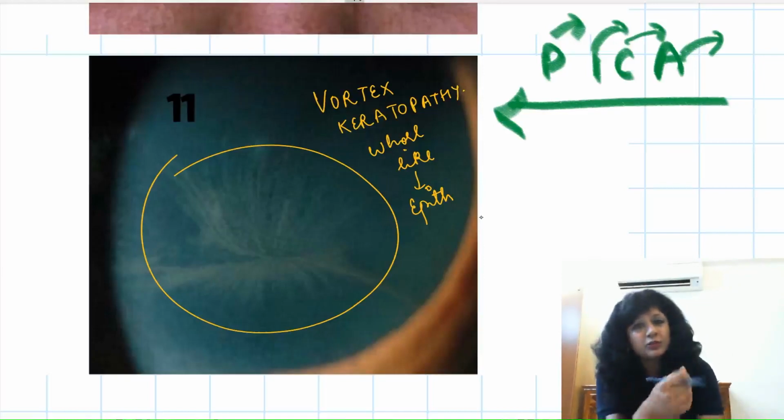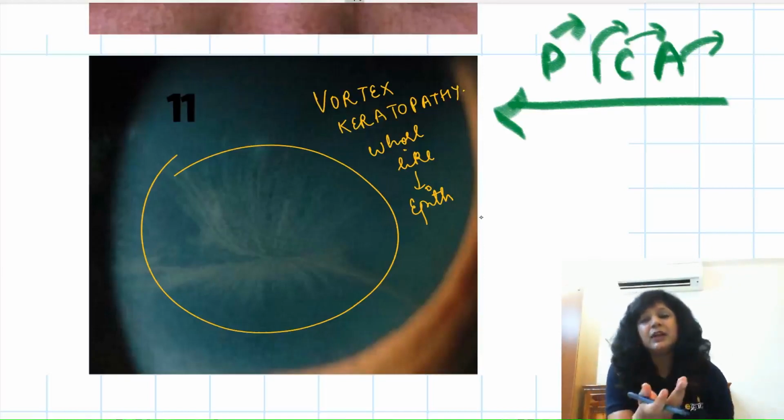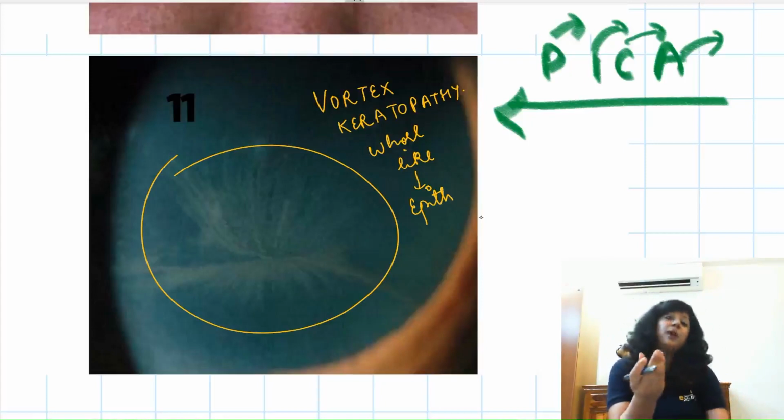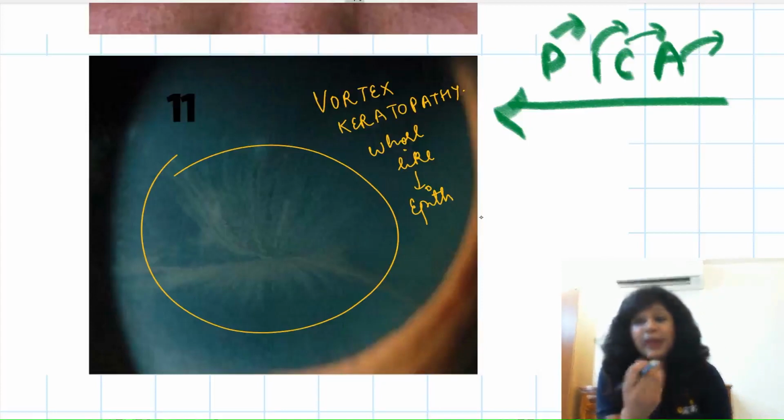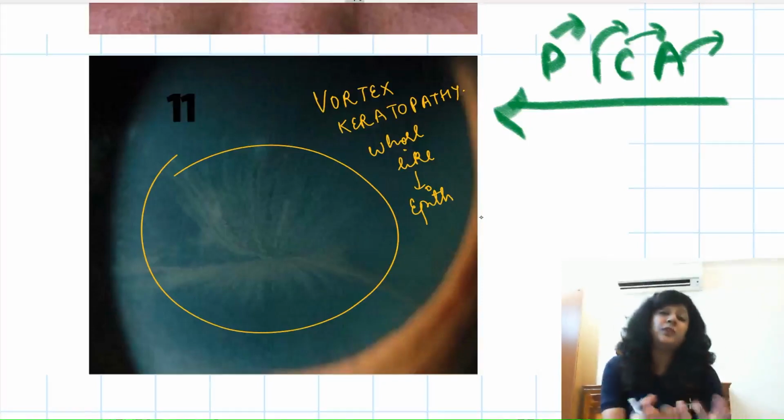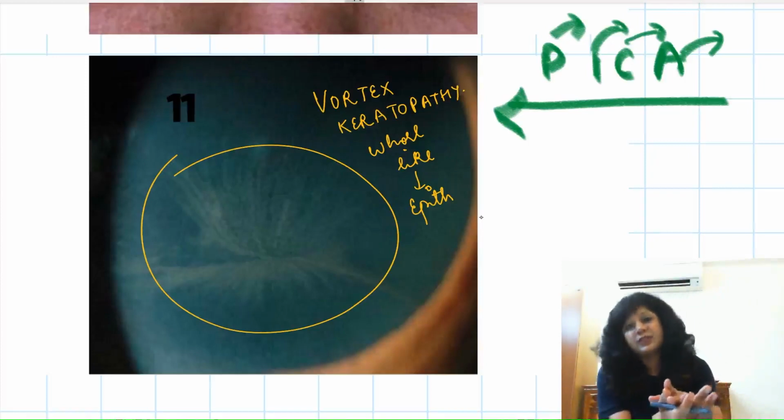Endothelial losses are also less. Like in anterior lamellar, the endothelial loss is just 20 to 30%, while the stromal one is giving a loss of 30 to 40%, while if I am doing the penetrating keratoplasty, the total ones, so obviously there the endothelial loss will be more, about 50 to 60%.